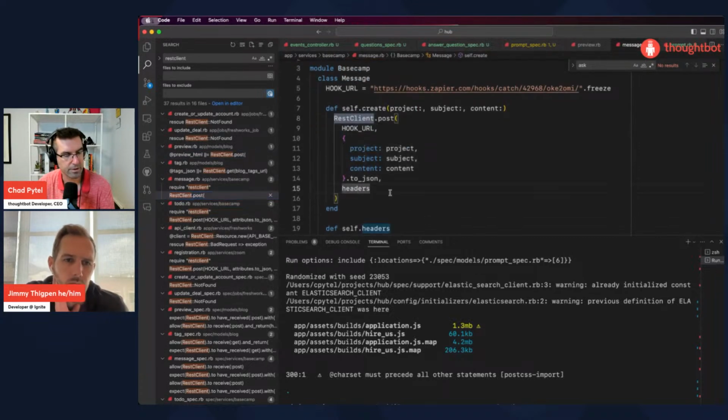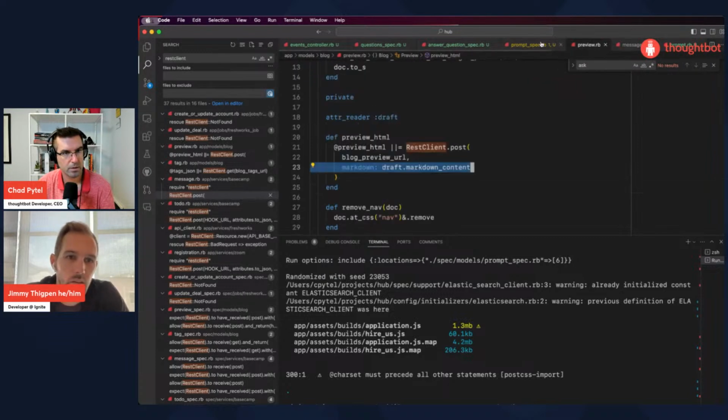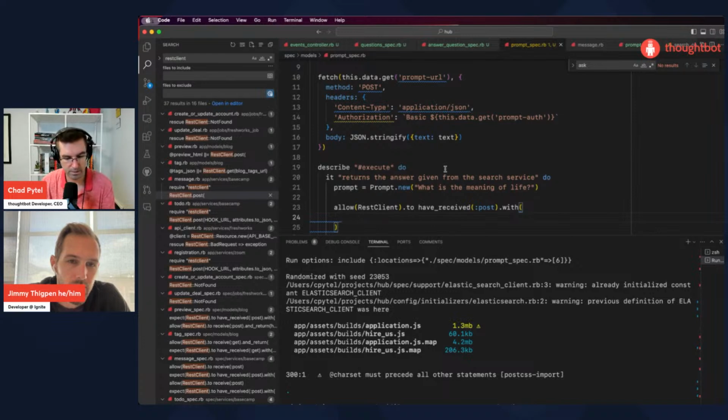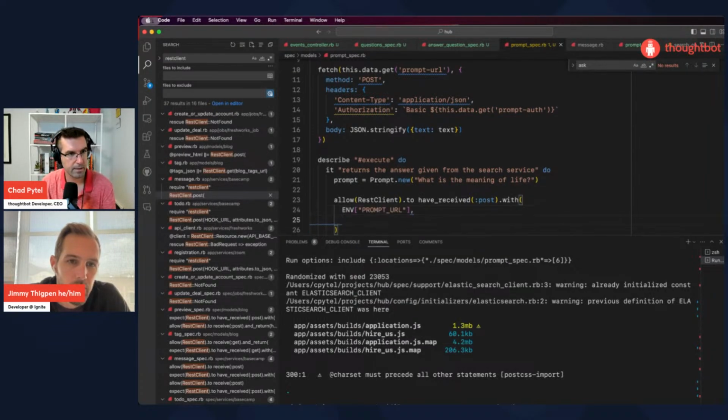Headers is the third parameter. So we have the URL, we have the body of the request, and then we have the headers for the request. Okay, cool. So the URL is going to be prompt URL, exactly. Yeah, the params are going to be, yep.